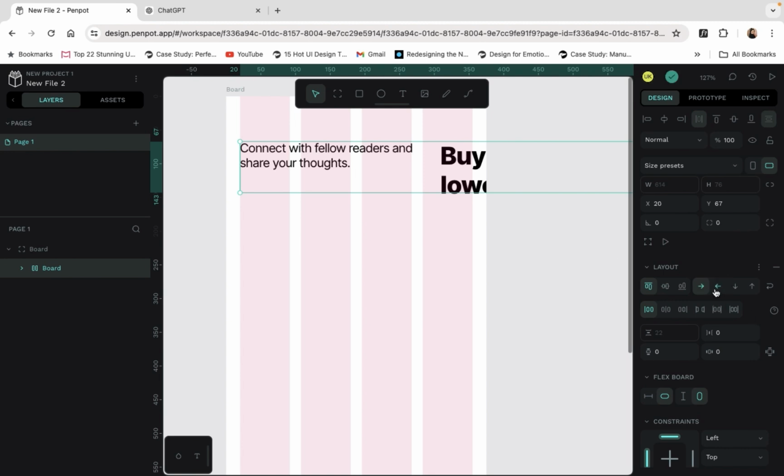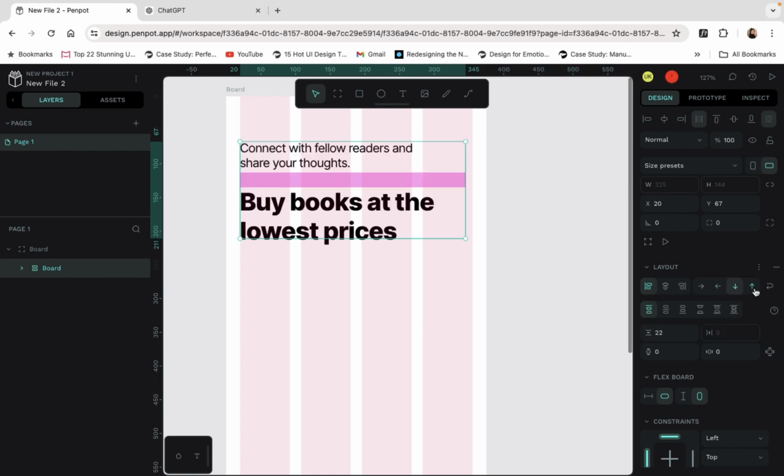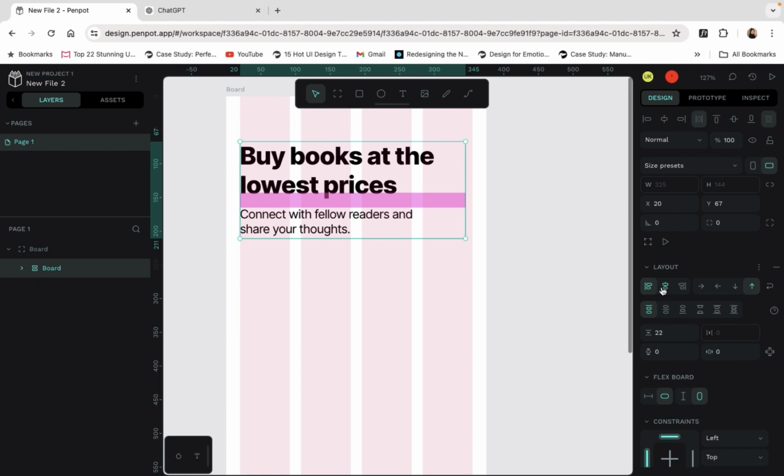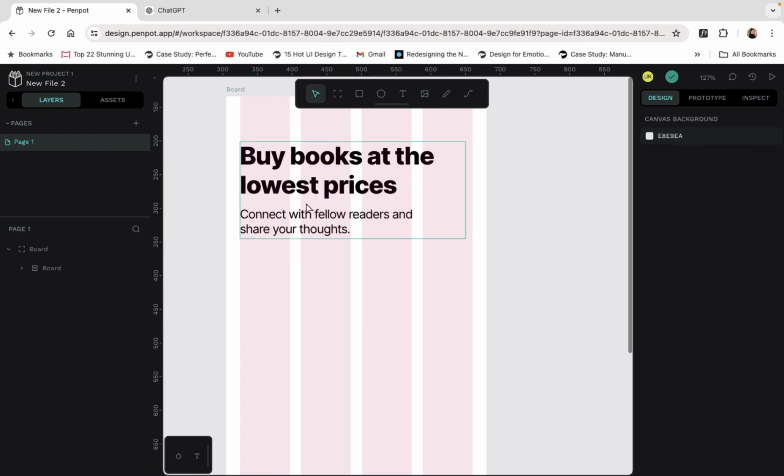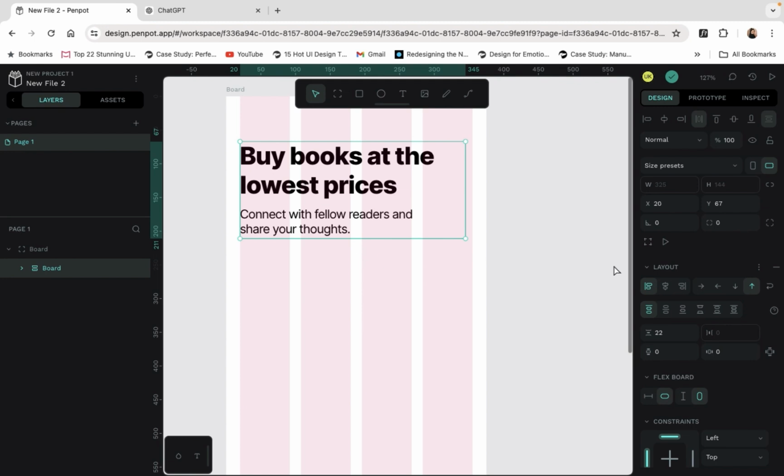Okay, so these are the arrow keys. From here you can change their positions, and from here you can align them in between, or you can give them left or right alignment like that. And I'm not going deeper here, or you will not understand what to do. So this is a very basic auto layout, the flex layout.